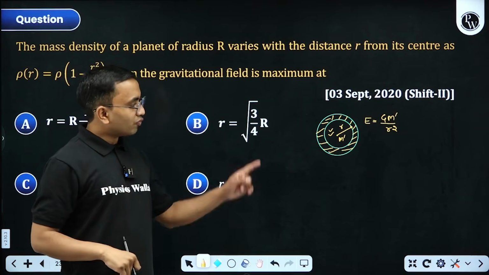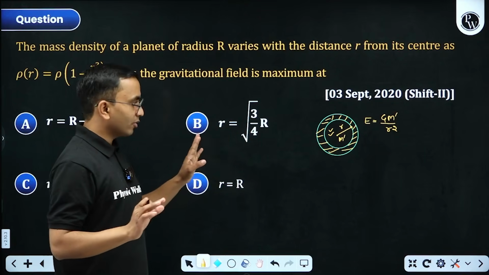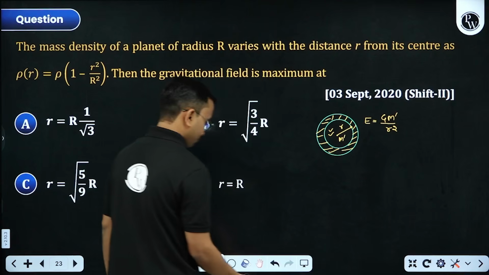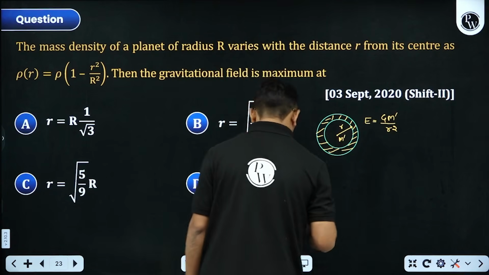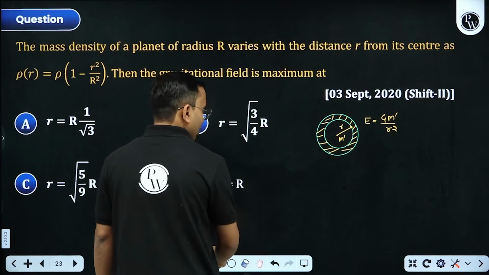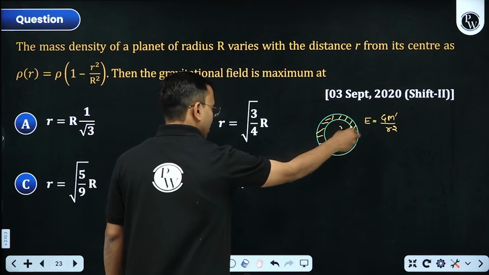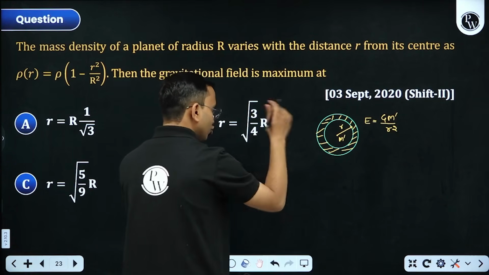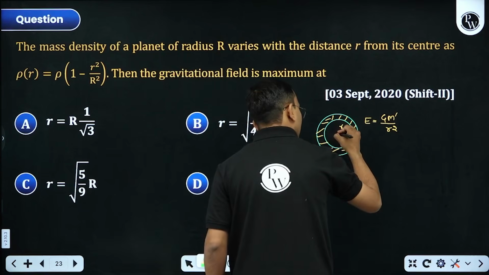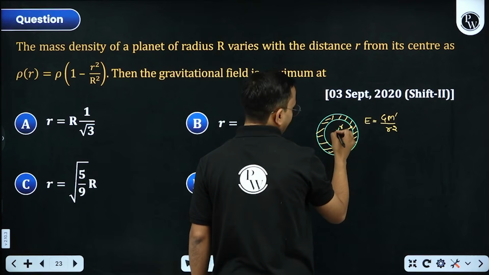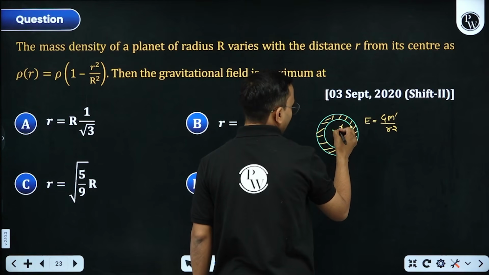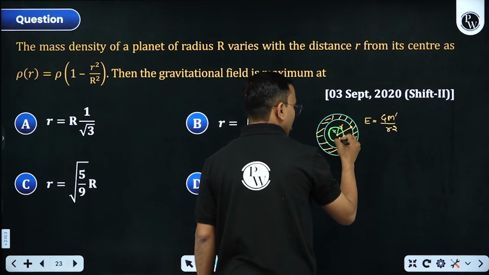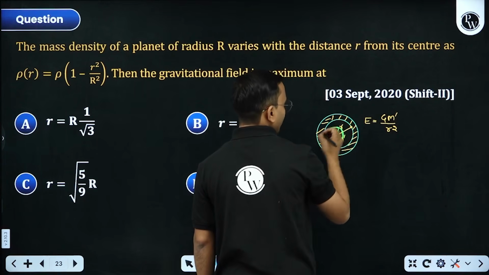Now the point is finding m dash. That is a difficult task, not a difficult task. That is what we need to make efforts for. Okay, so I need to find m dash, mass of this. So what I will do, I will consider this sphere to be made up of so many shells. I will take one of the shells at a distance, let us take x from here. At a distance x from here, I am considering this shell, and the thickness of this shell is dx.